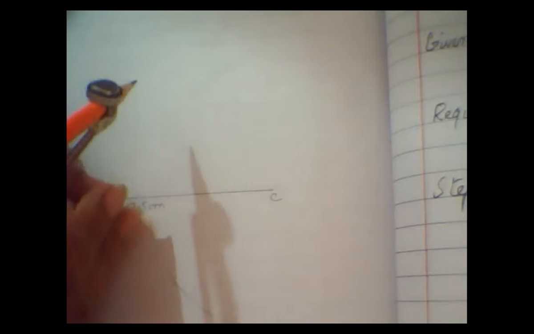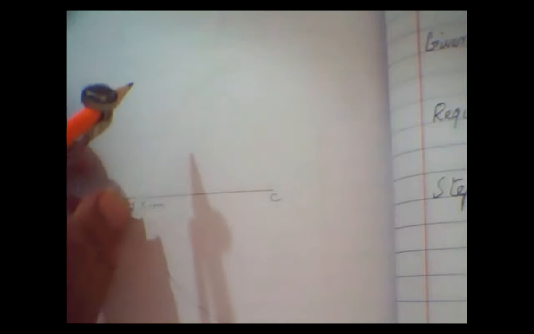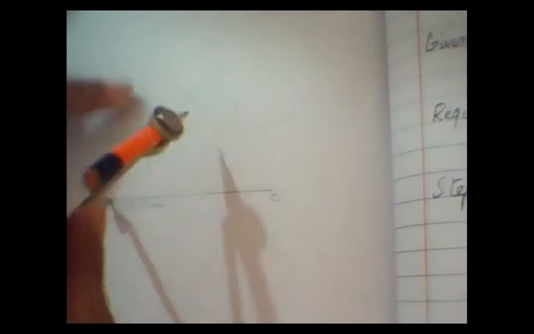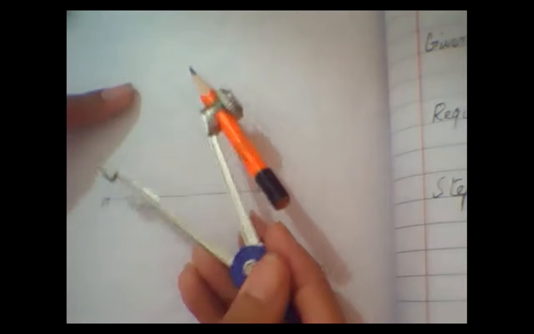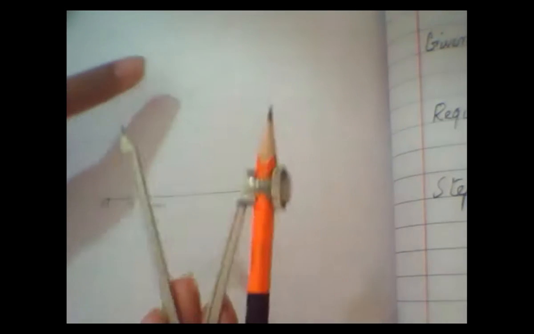What I have to do, we have to put the compass at A with the same measurement. Now draw two more arcs which intersect the first two arcs at these points. First of all, we have to open the compass more than half and put it at C. We have to draw two arcs, one upward, one downward. Then we put it at A and make two arcs, one upward, one downward.